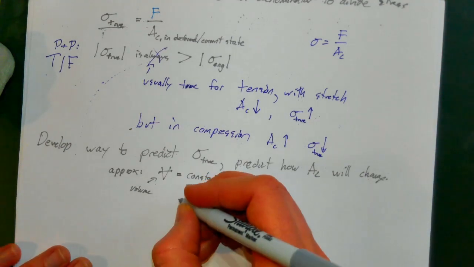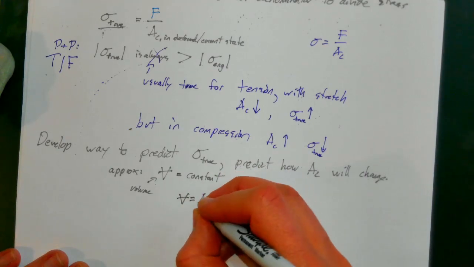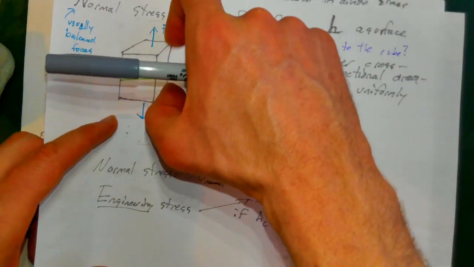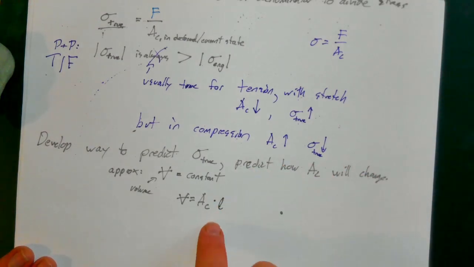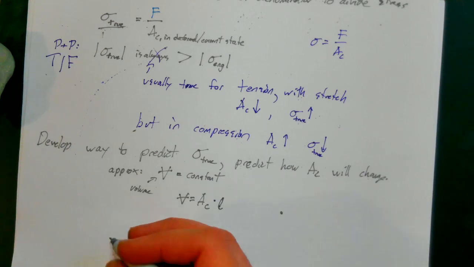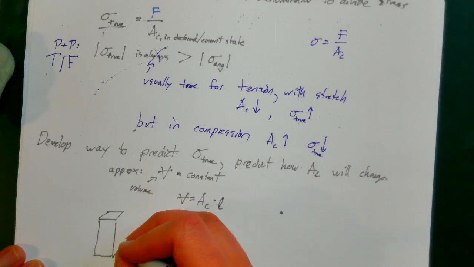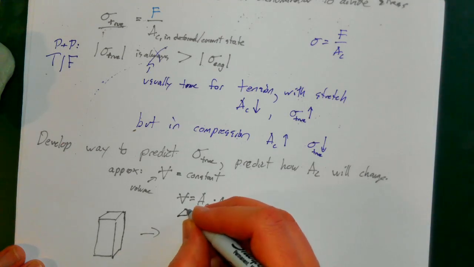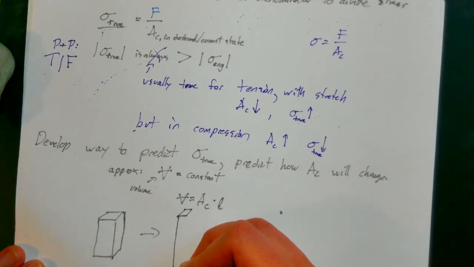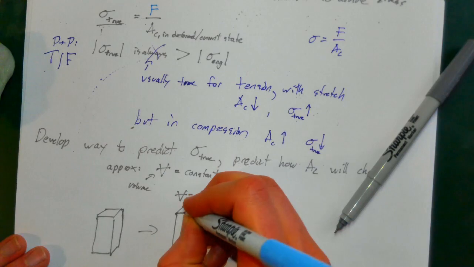So what does that mean? Well, if I think of volume, I could say my volume is equal to the cross-sectional area times whatever its current length is. So volume is equal to cross-sectional area times length. So what does that mean? Well, if I had some chunk of material and I then took it and stretched it out a bit under the application of some force,